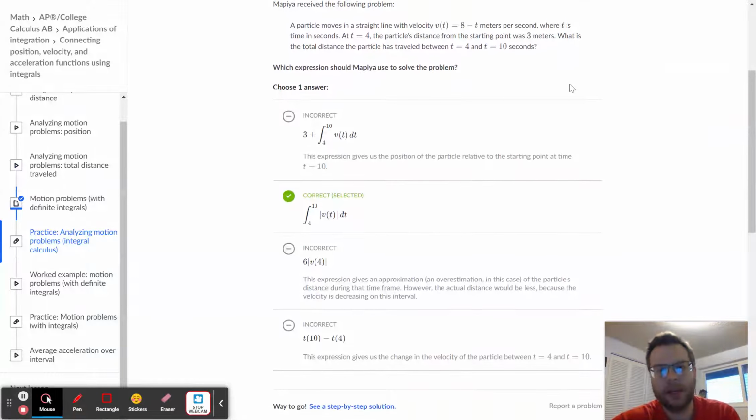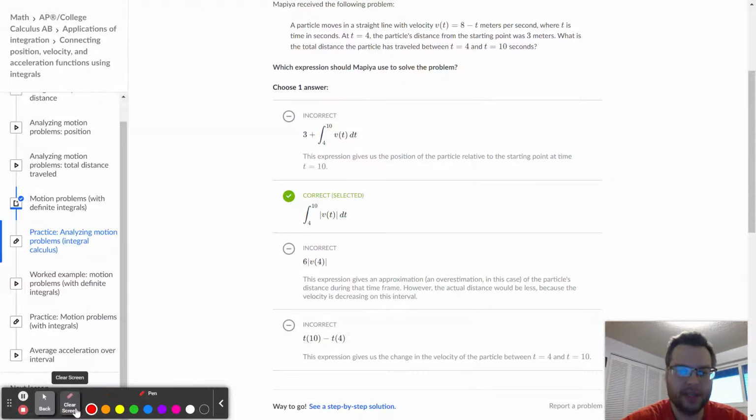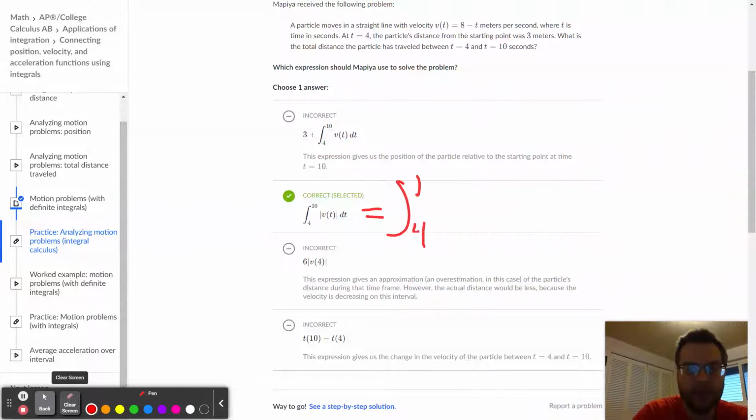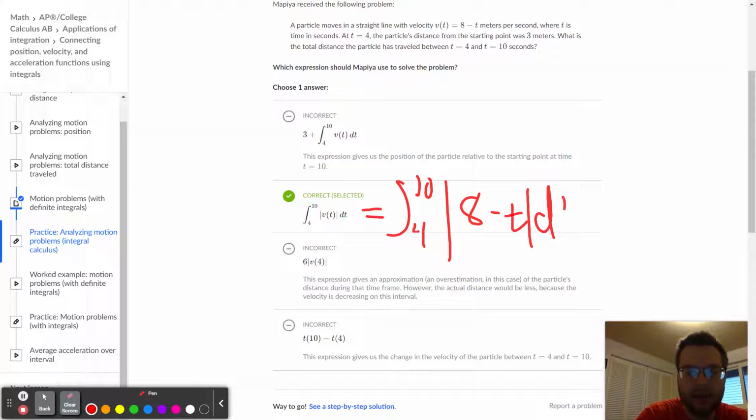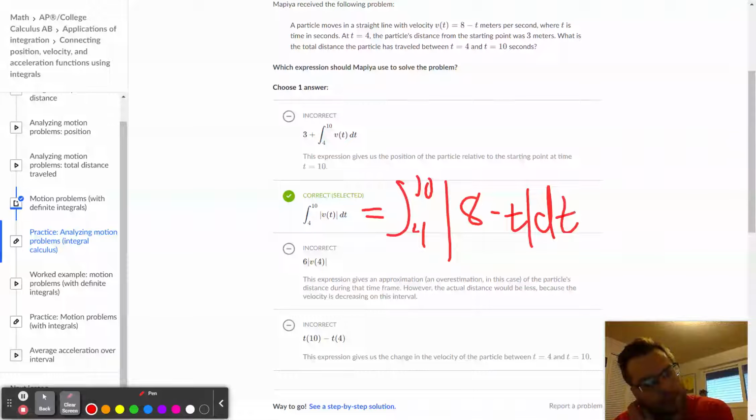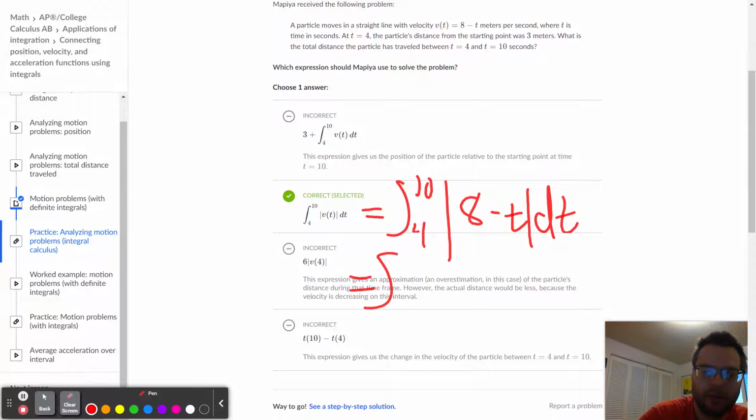And by the way, I want to show how you can handle that sort of integral. Although this question didn't ask us to actually calculate the integral, we can by writing it as the integral from 4 to 10 of the absolute value of 8 minus t dt. And then, like I mentioned, this switches from being a positive to a negative number when t is equal to 8. And so what you do is you split this up into the integral from 4 to 8 of